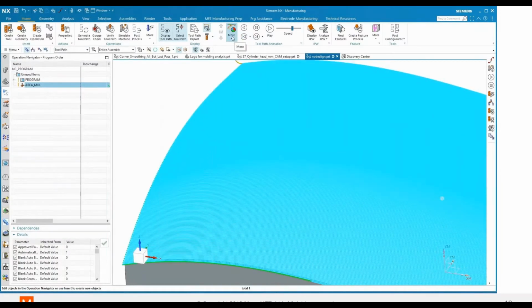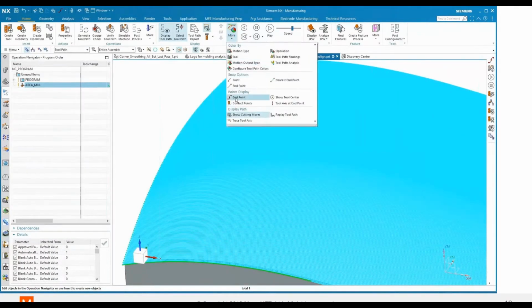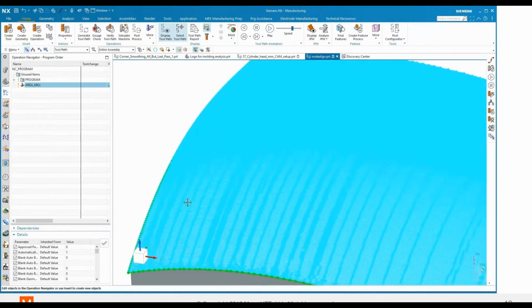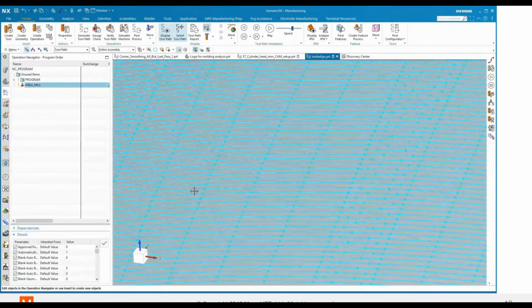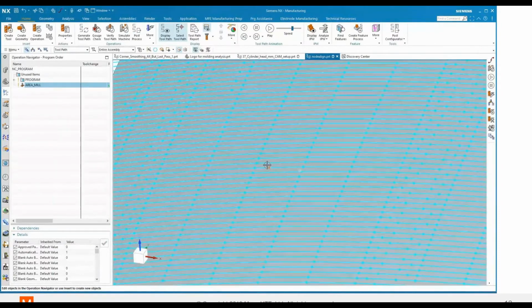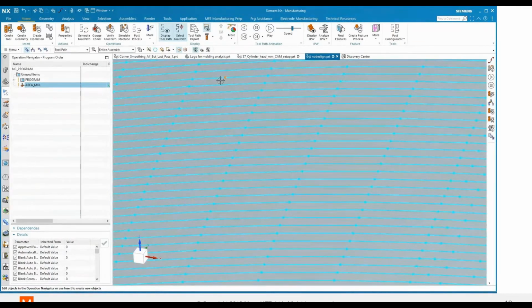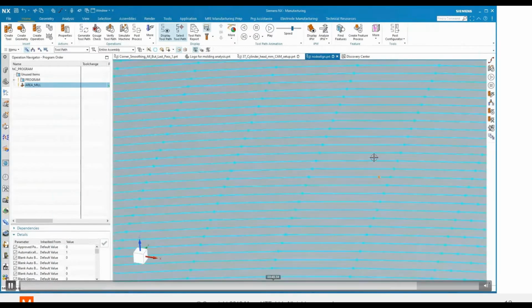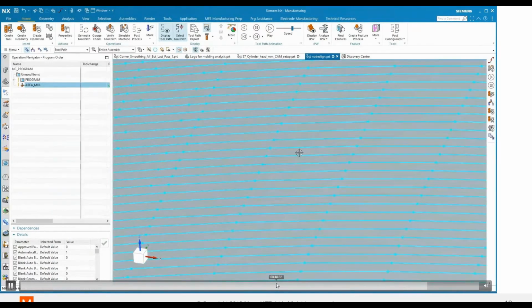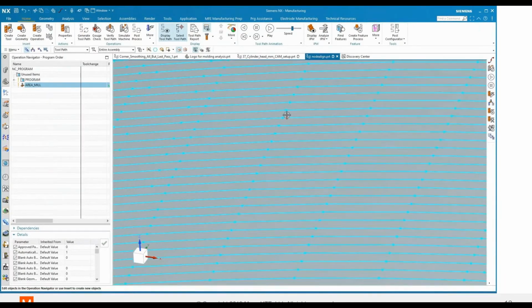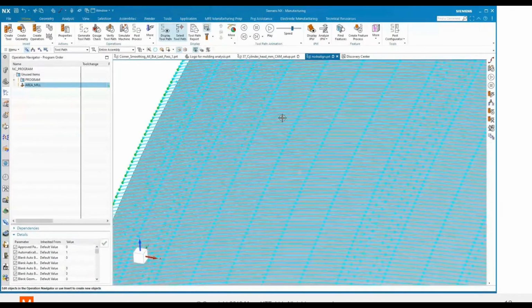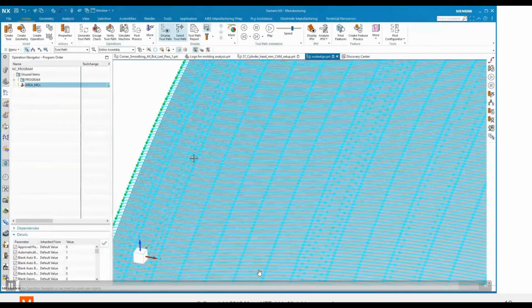And now I'll turn on the display of the endpoints of the toolpath. And then as we start zooming in, you can really see the effect or impact of those aligned nodes. Anywhere that's possible, you can see it's done a nice job of aligning all those adjacent nodes to each other. And again, that has a significant impact on surface finish.